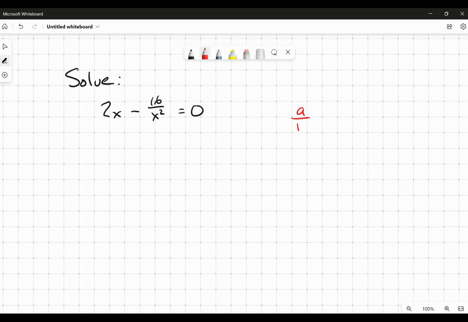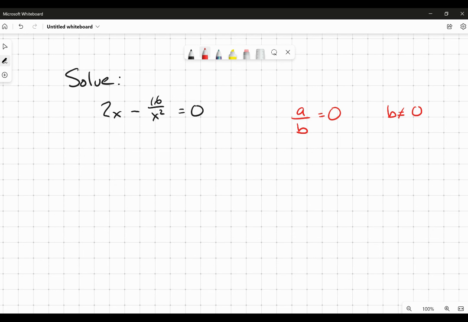So remember, when you've got a over b, and we're going to solve this here, it's really important to me that when I have an equation like that, I identify values of the variable that are going to force the denominator to become 0, which would be an undefined value here. So we don't want the denominator to go to 0, okay? So in this particular case, when I take a quick look at this,